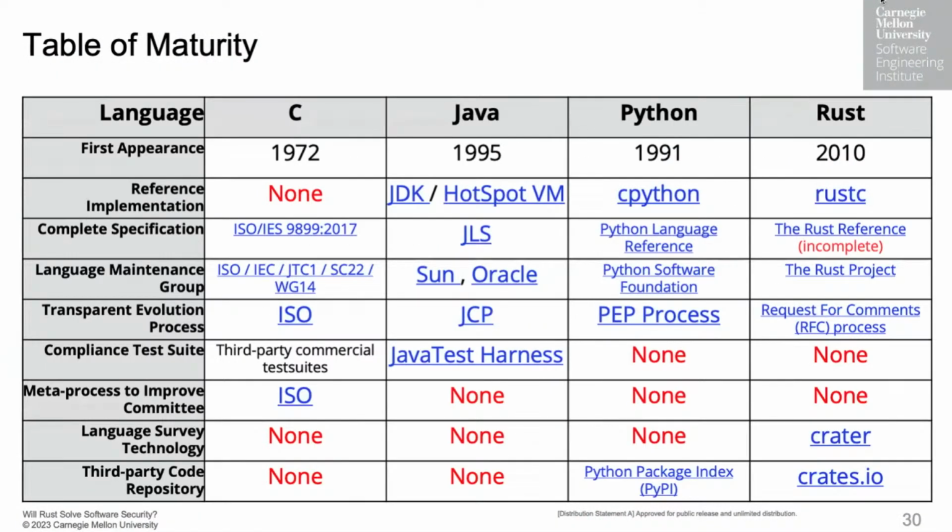And likewise, a repository of third-party libraries. If you write an open source Rust library, where can you publish it, or where can you publish a C library? So with these eight metrics, I then applied them to C, Java, Python, and Rust. And as you can see, most of these metrics are supported by all four languages. But you see an interesting set of gaps. Towards the bottom there, you'll see that C and Java are stronger when it comes to the bureaucratic side.